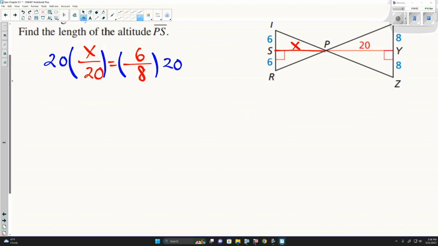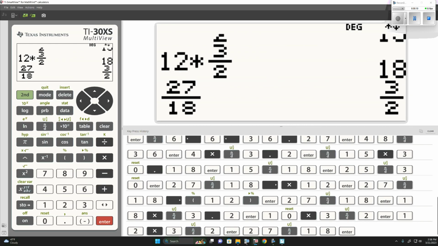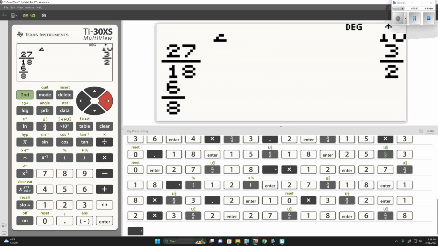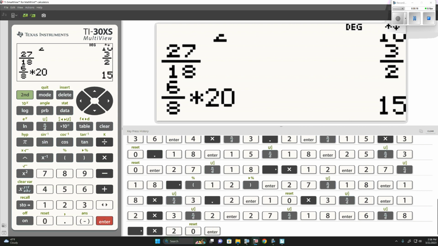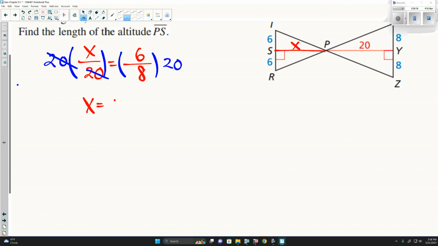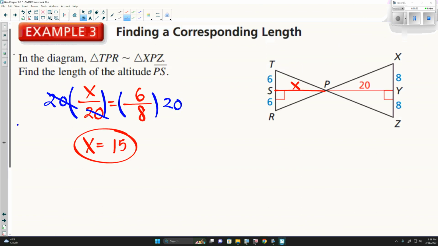Here the 20 and 20 will simplify, giving us x is equal to 6 over 8 times 20, so our altitude of PS is